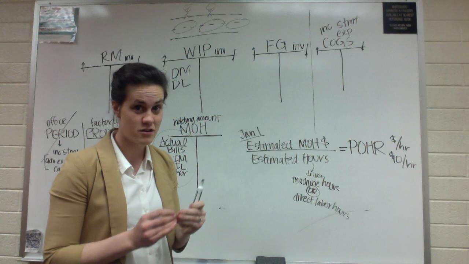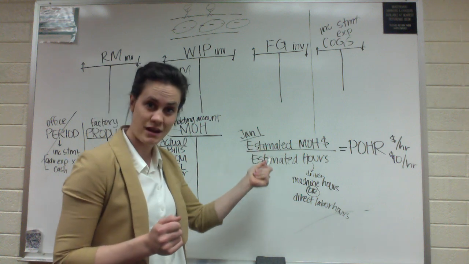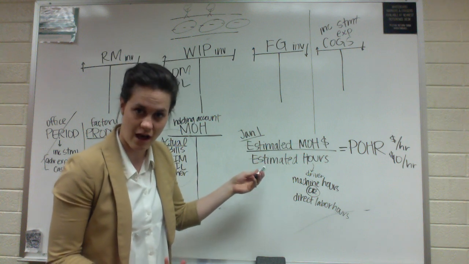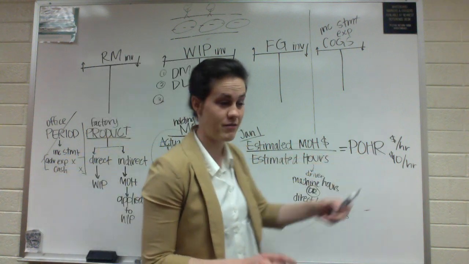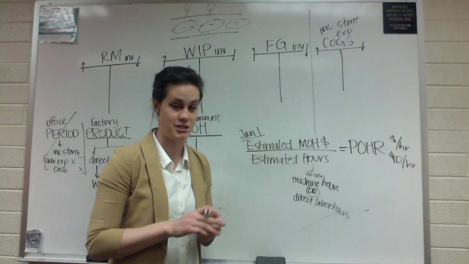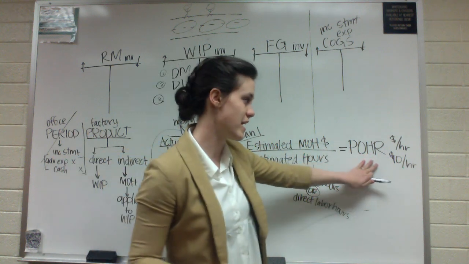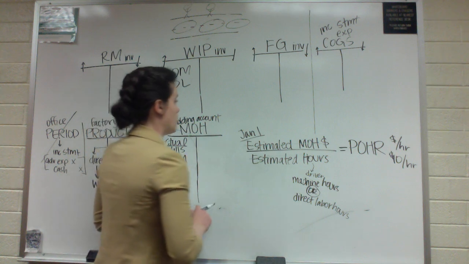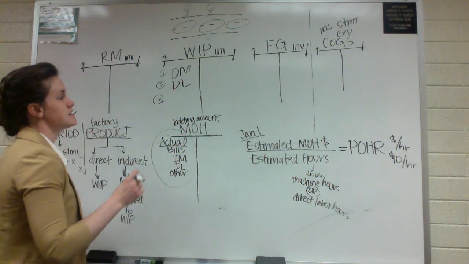So what you need to do right at the beginning is just take your estimated numbers, the estimated manufacturing overhead over the driver, the hours, find your predetermined overhead rate, and then cross off the estimates. You don't need them anymore. Once you have this rate, you don't need your estimates, okay? So now what we do is we come back, and let's say